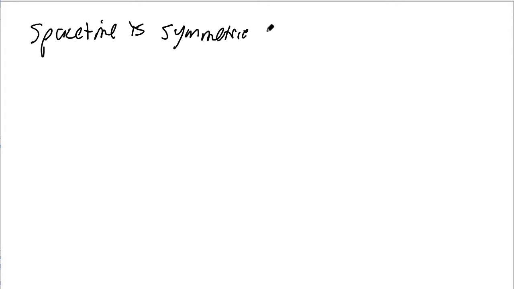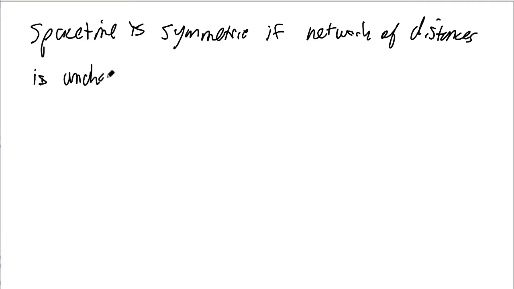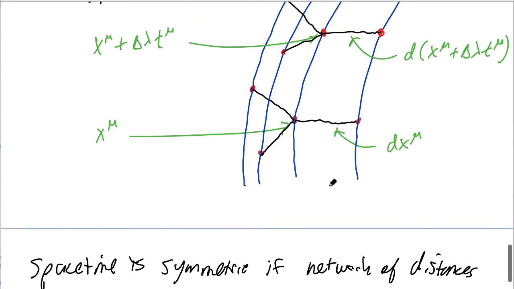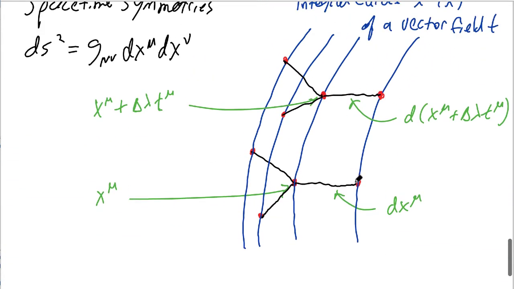So spacetime is symmetric if the network of distances is unchanged when the points flow along the integral curves of some vector field T. So that just means that this proper distance between these 2 points is the same as the proper distance between